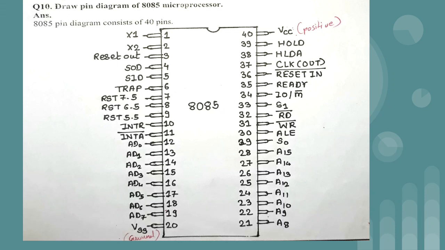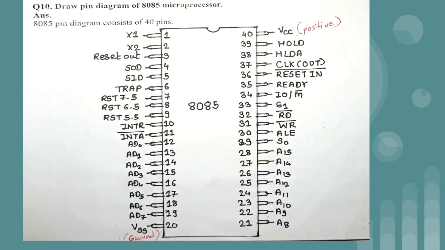Okay, after that just see pin number 30, that is ALE, address latch enable, it is the name of the pin. After that we have pin numbers 31 and 32. Pin 31 is given WR, so WR stands for write operation, and pin number 32 is labeled RD, so that is read operation. Actually all these pins, pin number 29, 30, 31, 32, 33, are related to each other. That is, on the basis of S0 and S1 we perform the read and write operations.